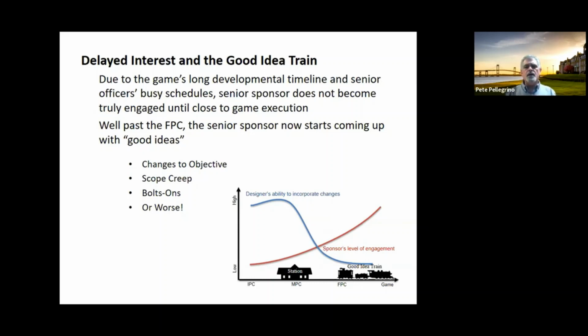But in my world, we're looking at 6-8 month development timelines from, hey, I got an idea for a game, to we're executing it. So 6 months, 8 months, okay? You try to get a command that is busy with the now and today to be thinking about a game they're going to be part of or sponsoring, at least on paper, 8 months from now, right? They're kind of disengaged.